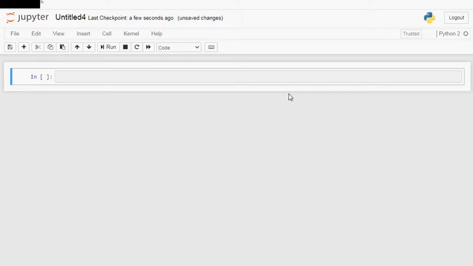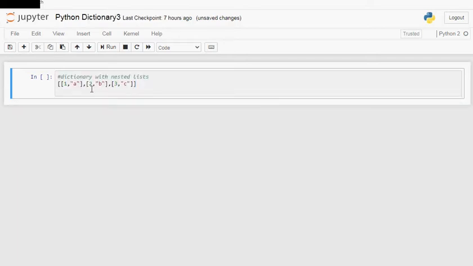Let's start creating a dictionary with the help of nested lists, that is, a list containing lists inside it. Here I am creating a list containing lists inside it. This is the outer square bracket. Within this I have taken 3 lists with the keys 1, 2 and 3 and the corresponding values A, B